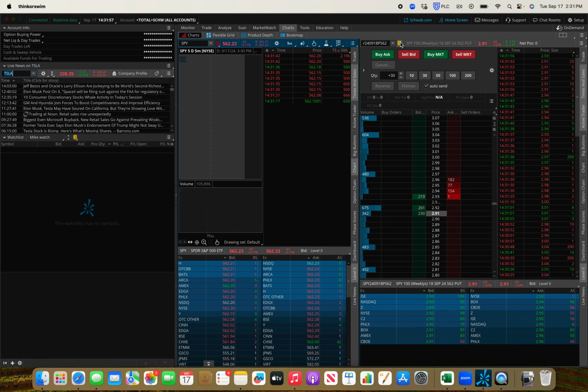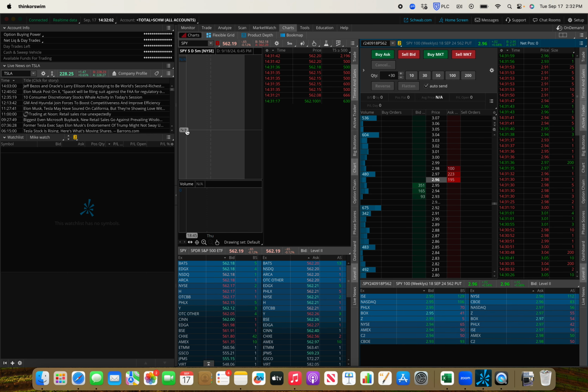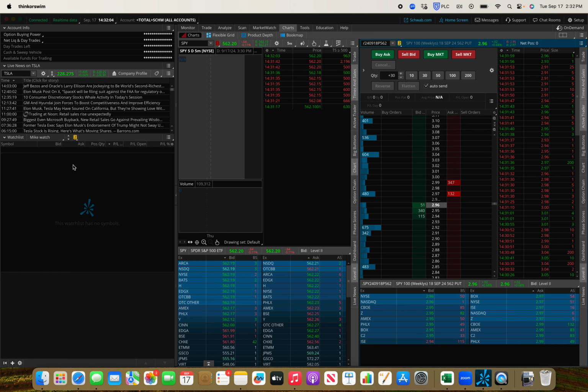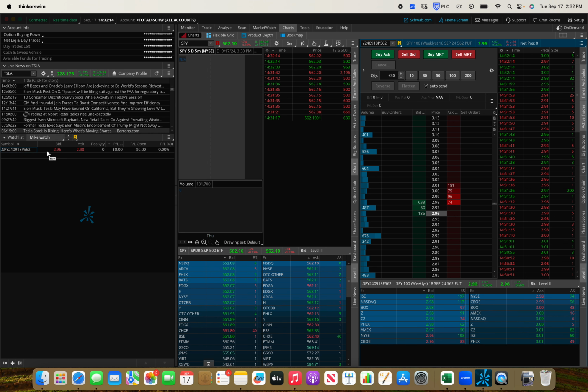And in order to link them, you have to make sure that the symbol link is the same color and number as the symbol link on the watch list. All right. That way, if I wanted to copy and paste this trade or that option into the watch list,